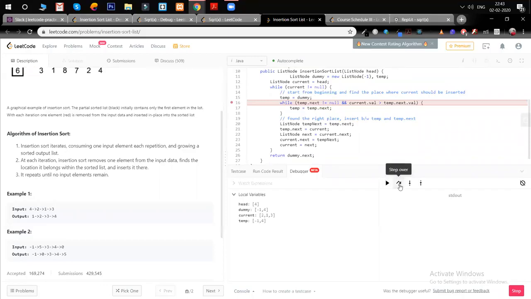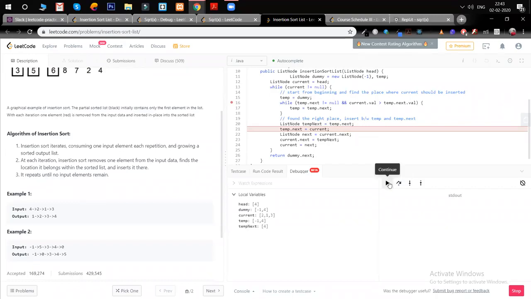Yes, skip over. So it doesn't show anything. Okay, continue. I think the debugger is not very good, but yeah, continue. Just click this one. It's not very helpful otherwise.